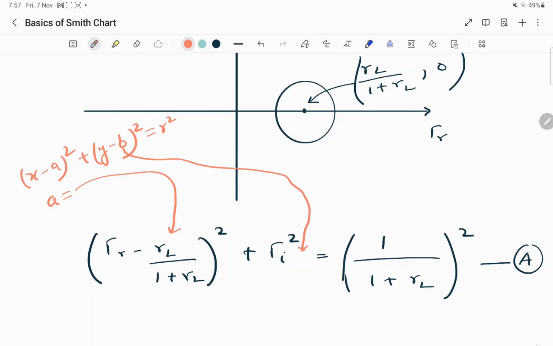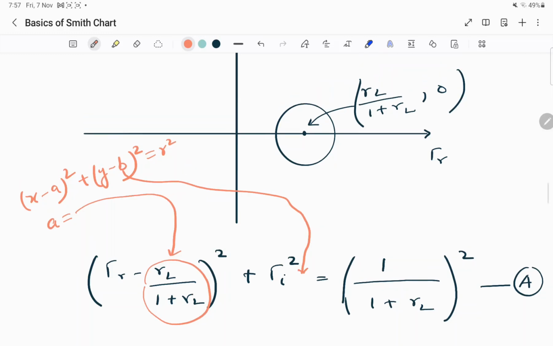So that is why the center of the resistance circle is RL divided by 1 plus RL, and 0. So all resistance circles in a Smith chart will have a center on the x-axis